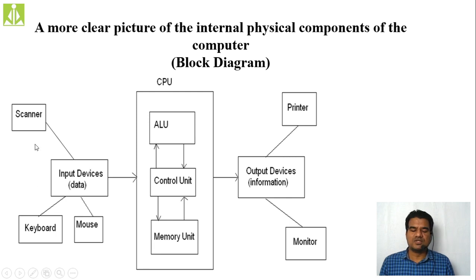So hopefully you understood. Input devices, then we have the processing unit, and then output devices. The output devices will give us information, specific, concerned data, and that information will be in the form of printed paper or displayed on the output screen. If it is displayed on the output screen, we call it soft copy, and if it is printed on paper, we call it hard copy. Very soon we are going to study those two as well. What is soft copy and what is hard copy?